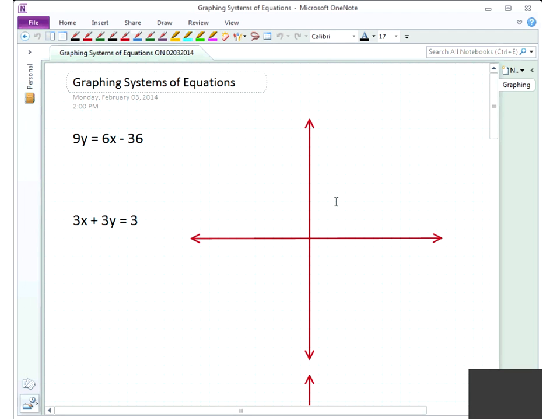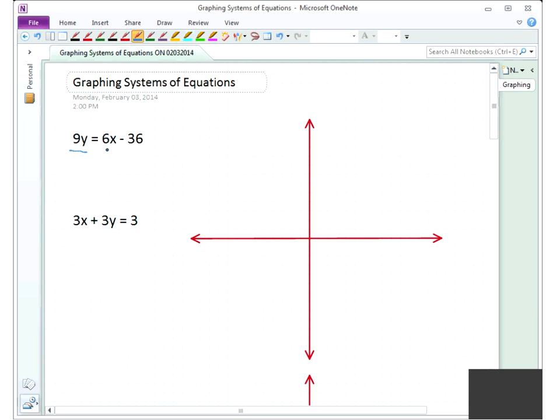So what I've got here is just a little grid, and like I said, I normally would be doing these on graph paper by hand with a ruler, so I'm not sure how linear my lines are going to look trying to draw them freehand here. But anyway, to get them both in terms of y, for this one, for example, we would just,